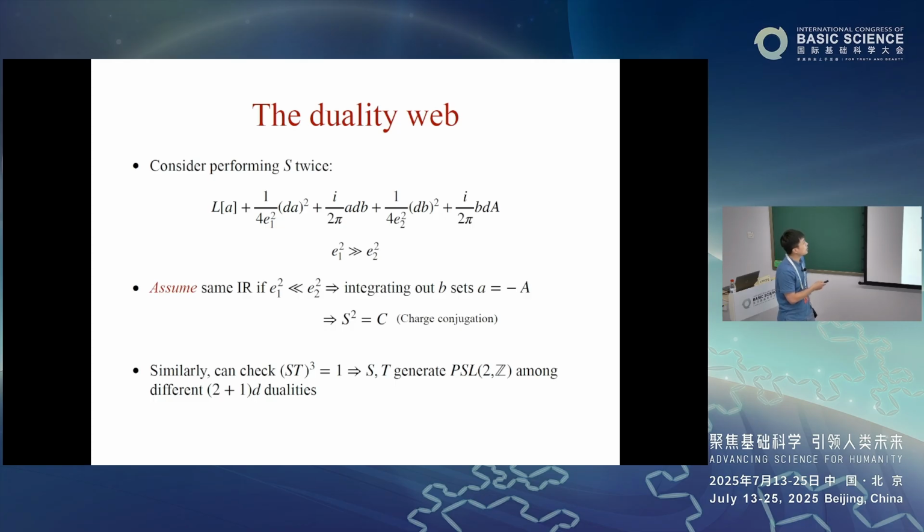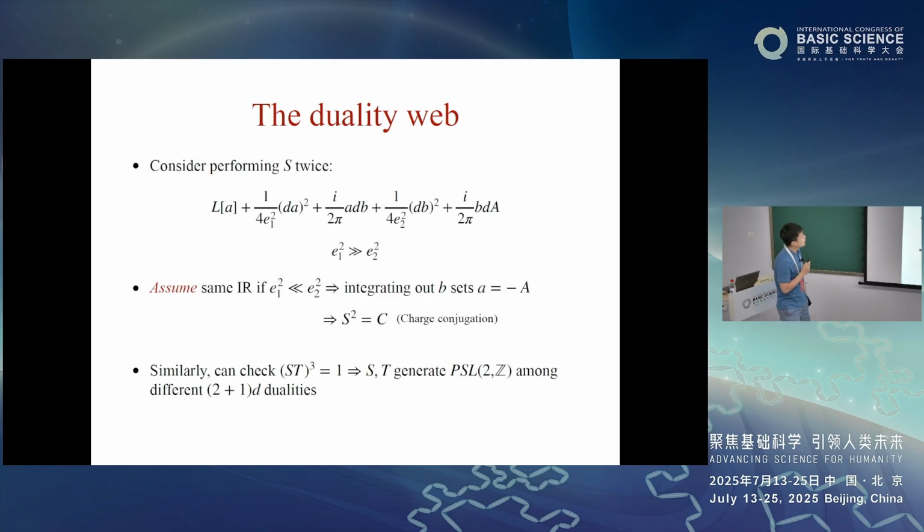And of course, there's a mutual coupling to the background gauge field, a dB. And then I promote this B to a dynamical gauge field, which also means that I should add a Maxwell term for little b. And then eventually this little b couples to the background gauge field. But the fact that I'm introducing little a first, letting it flow to the IR, and then coupling to little b, means that I should set things up so that e1 squared is much larger than e2 squared. That's what I mean by first introducing little a and then introducing little b.